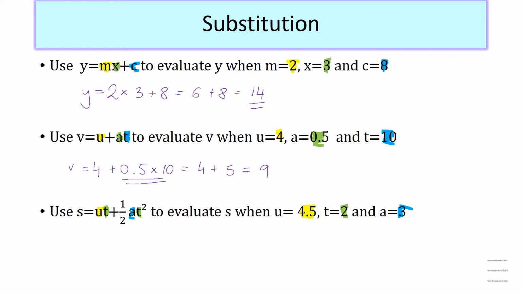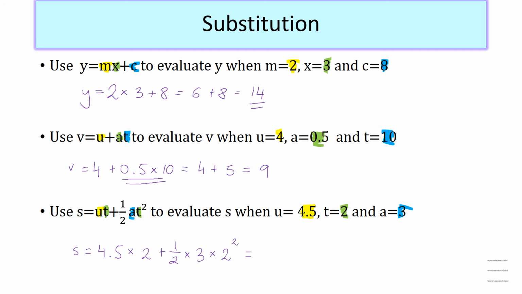So that's going to be s equals u, which is 4.5, times, because remember ut means u times t, the value of t is 2. Then add a half times, because remember a half at squared means that it's multiplication between a half and a, and then between a and t. So a half times a, which is 3, times t, which is 2,